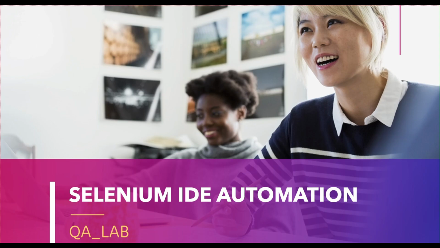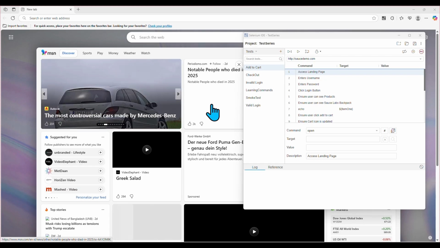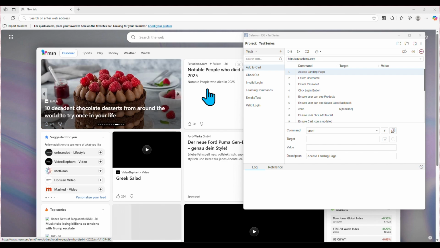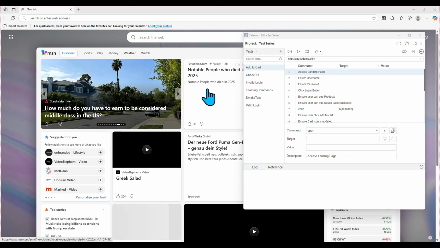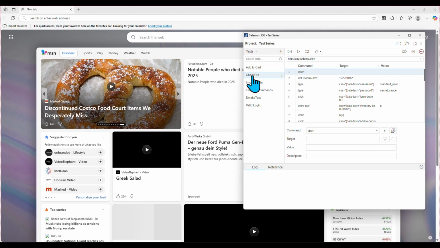In this video, we'll discuss assertion and verify with some other important commands in Selenium IDE. Alright, we are discussing assertion and verify. Assertion is for critical validation, while verify is for non-critical validation. This and some other commands in Selenium IDE will be done practically in this video. So let's head over to our checkout tests,